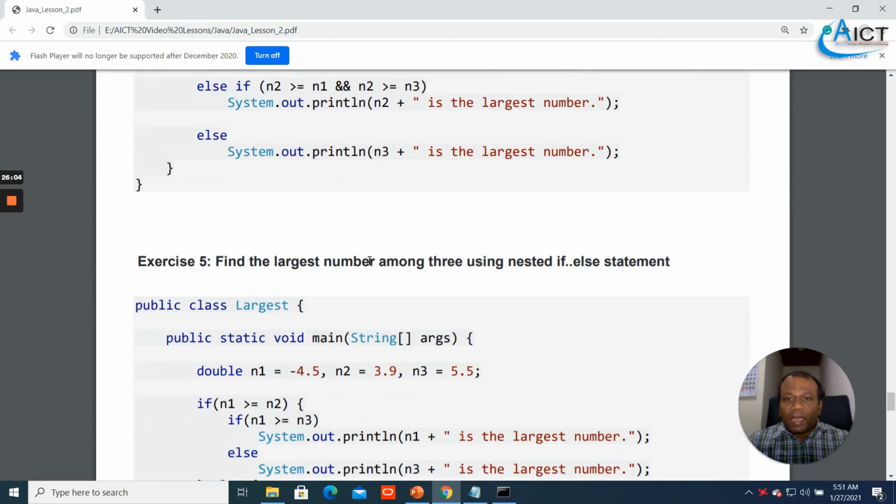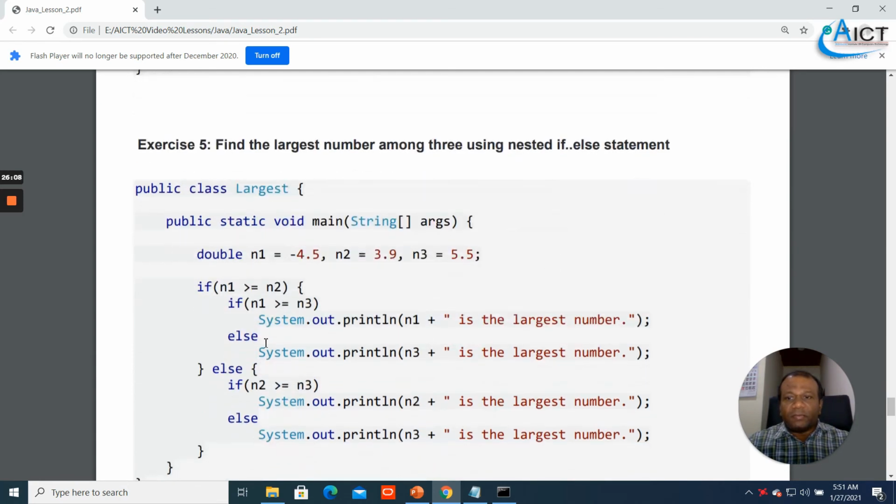So here, find the largest number among three using nested if else, right? Nested means inside a condition another condition. If n1 is greater than or equal to n2 and this condition is true, you are checking another condition here. If n1 is greater than n2, again you have to check n1 is greater than or equal to n3, and then only it will be the largest number. Otherwise n3 is the larger number.